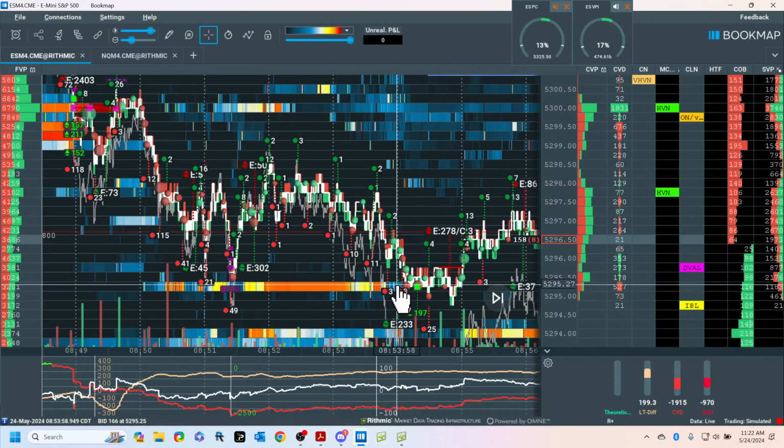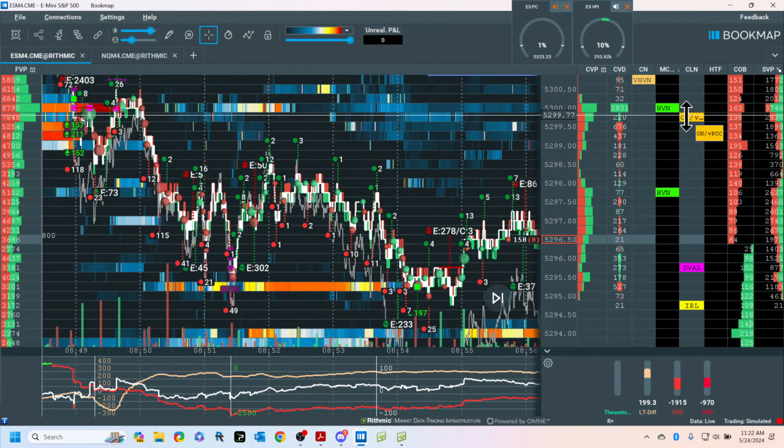But let's look at now the long. Now, remember, this was a long. And how do I get long at these locations? I'm waiting. I'm like a hunter. I'm standing behind a tree. I'm waiting for the little rabbit to go running by. No offense to rabbits, or whatever it is I'm hunting.